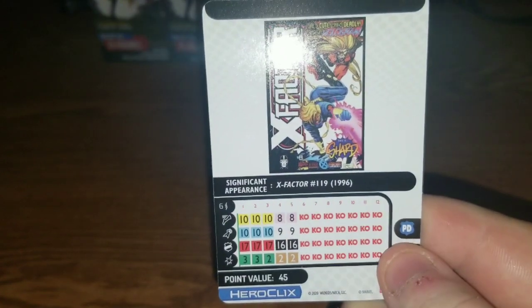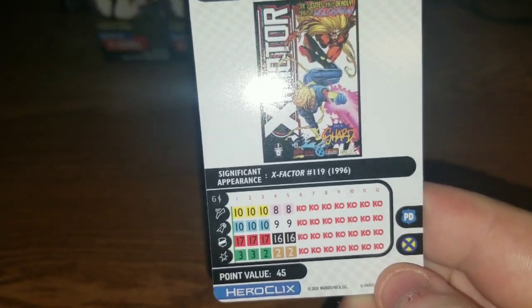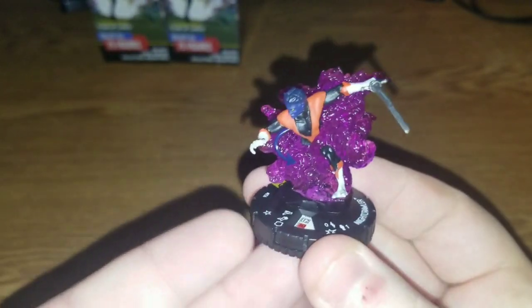So if she needs to heal, if they hit her, she can heal. Otherwise, just pick Range Combat Expert. Decent stats for 45 points with her RCE. That helps her a lot. PD is always nice. She has enhancement as well, so anybody next to her is going to get a decent ranged boost. All right, and then the guy I was excited for, this is going to be Nightcrawler as super